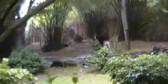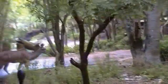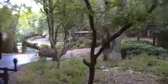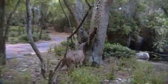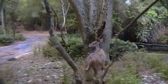Roger that, Wilson. Speaking of animals, look over here to the right-hand side. That is an okapi. Now, the okapi looks like a mixed-up zebra, but he's not. He's actually related to the giraffe. So, yeah, not related to the zebra at all. Now, crossing right in front of us right now, we have a greater kudu. Now, greater kudu males, they can weigh up to 750 pounds, and they are the second largest antelope over there to the right-hand side. Up there to the left, we have a yellow-billed stork hanging out,